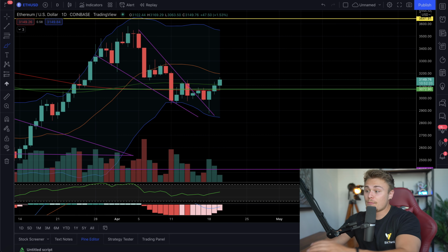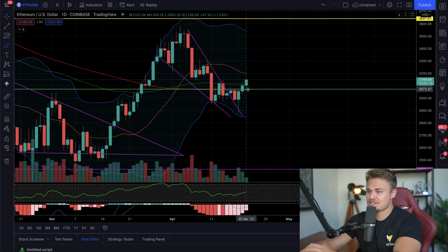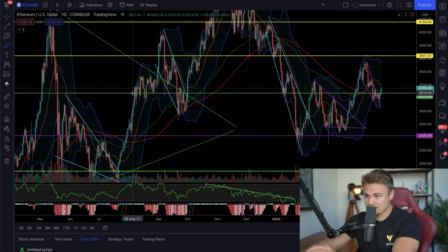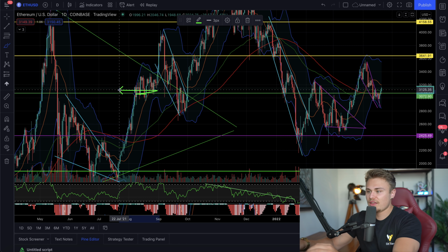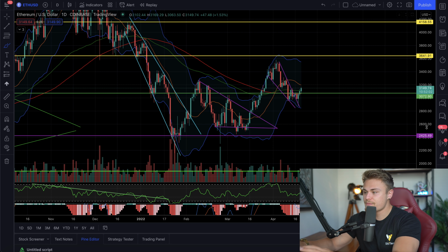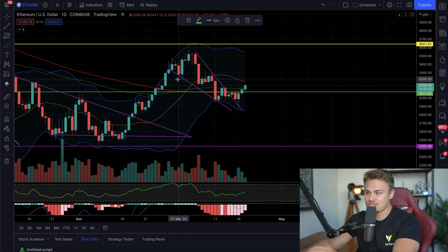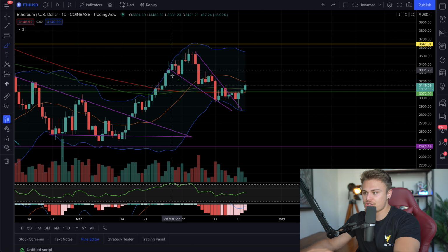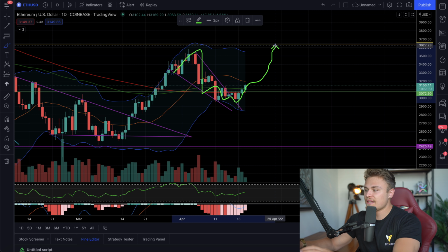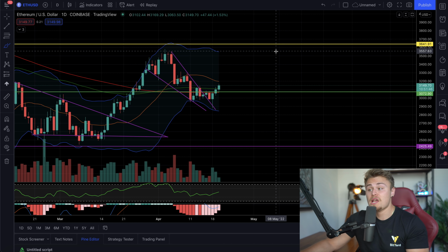Within Ethereum, we're currently breaking through our moving average as well as major resistance here. And you can see this has been a major factor of resistance in the past. You can see, or support right here for Ethereum. Now it's acting as support again. And now it's currently acting as a little bit of resistance, but we just broke through that. So ideally, I think, and what typically happens is on these bearish fractals here, they do have a bullish bias. Now that we've broken through it here, there's a good chance we're going to continue to rally up. Ideally, the price target would be closer to $3,500. So that's my intention